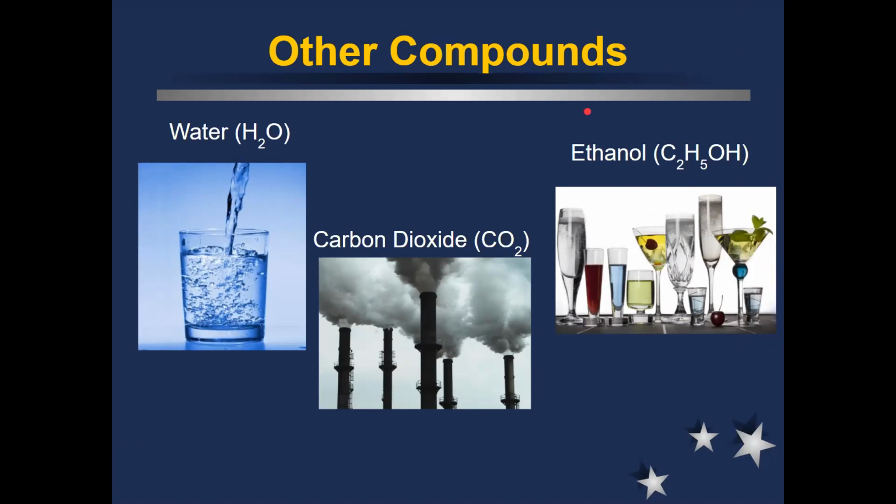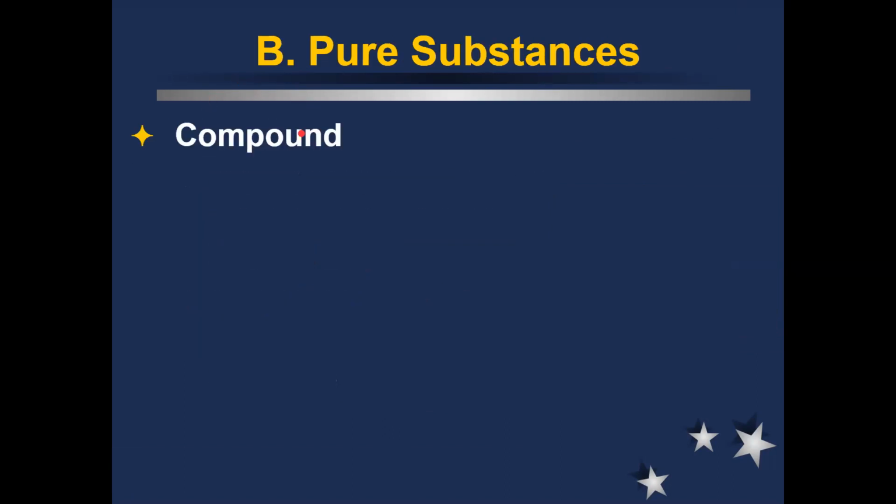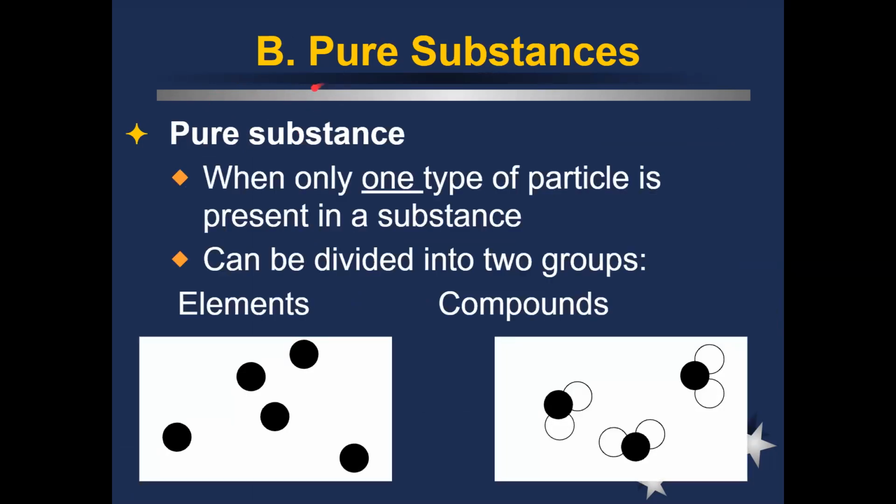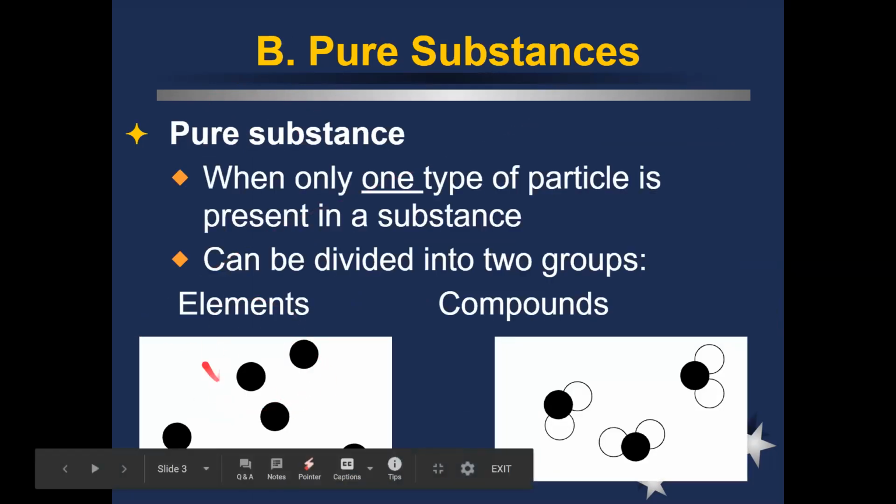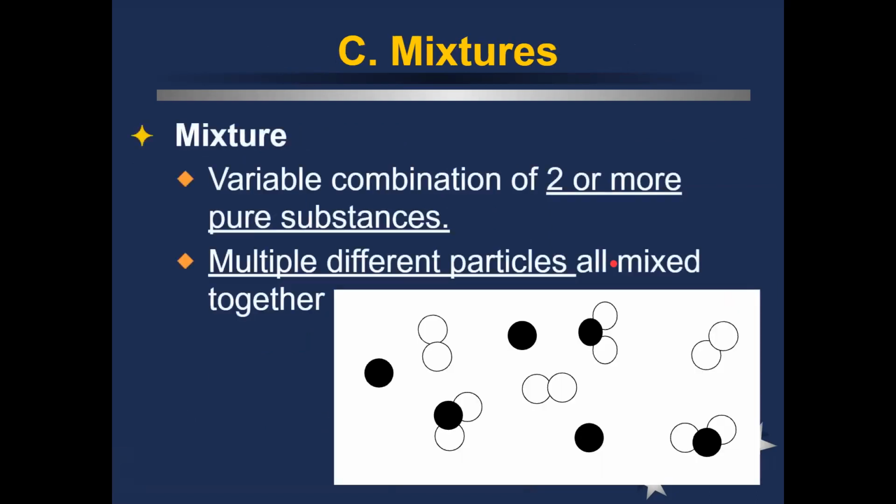All right, so if those are our pure substances, right? If we only have one single type of atom, or we only have one single group of atoms, one single type of compound in there, it is our pure substance, right? Only one type of atom making up our elements, or only one type of compound. If that is not the case, if we have lots of different elements and compounds all combined together, that is what gives us our mixtures.